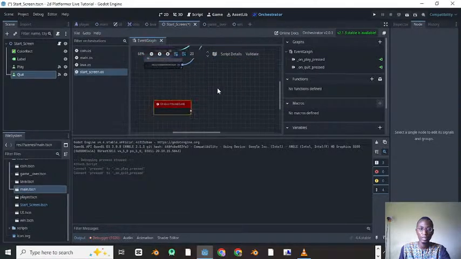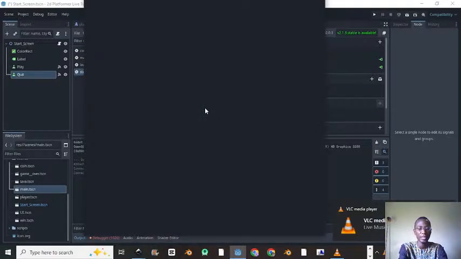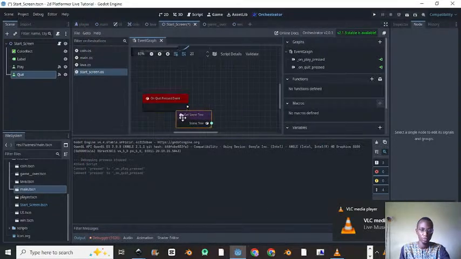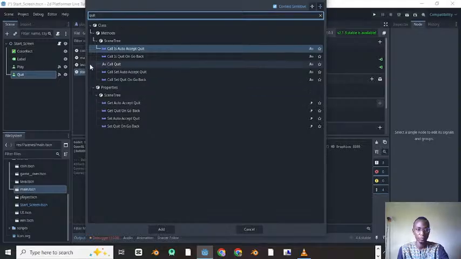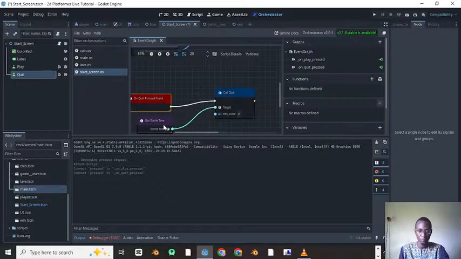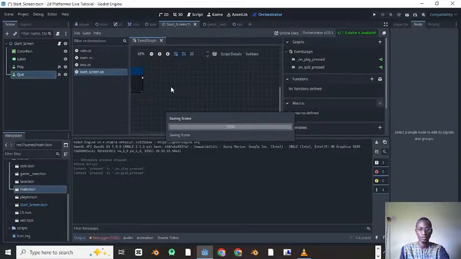Then also we can do this for the quit. So we want it to be able to quit whenever we click on the quit button. So I'm going to right click and type scene tree. So we'll get a scene tree node, and we're going to get the quits on it. So once I'm done with that, I can just go on to,